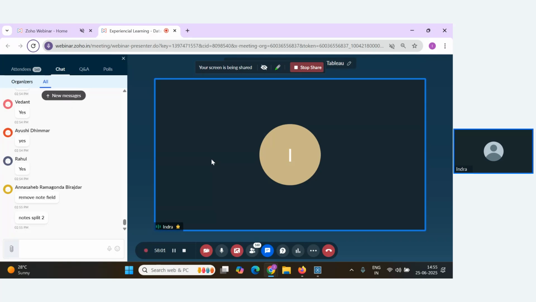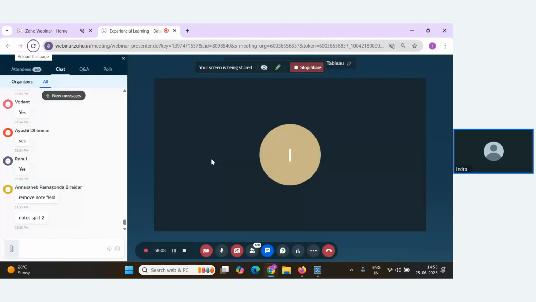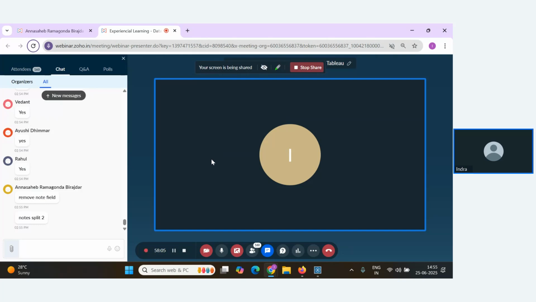Node split two. What is node split two? What is the problem there? It's fine now. We have the approver names, who is approving the request. What is the issue there? Guys, you're not thinking.